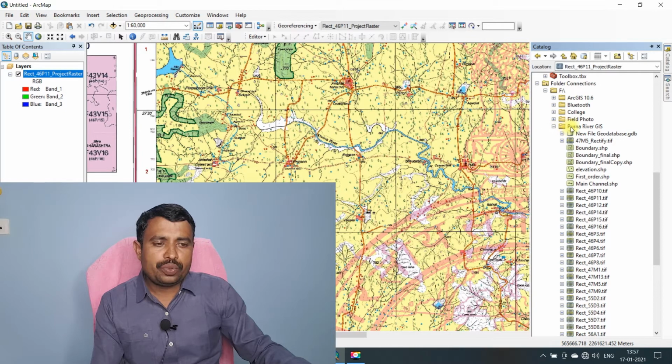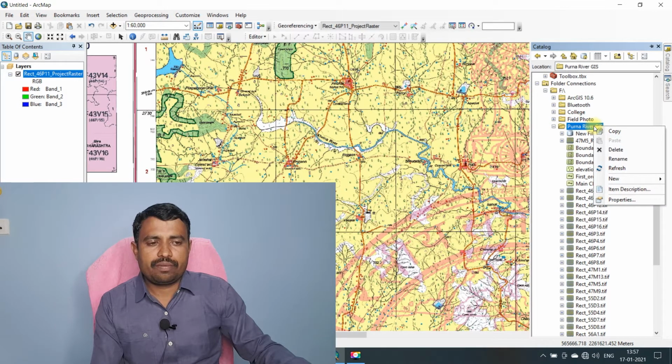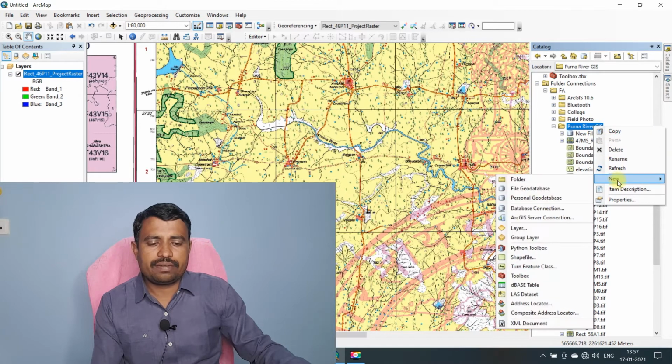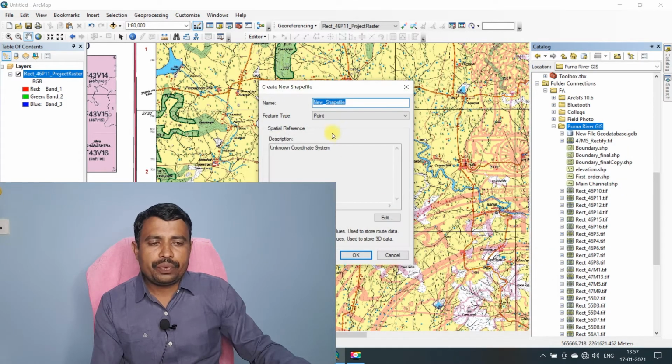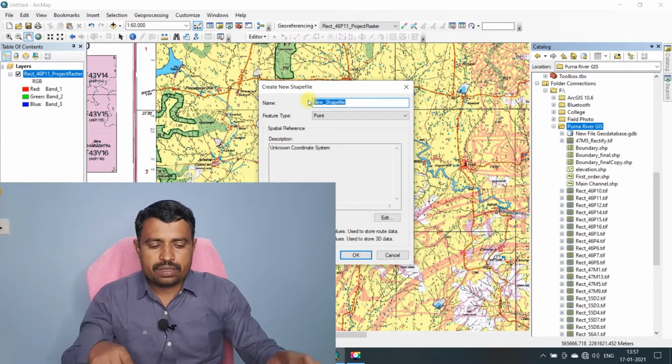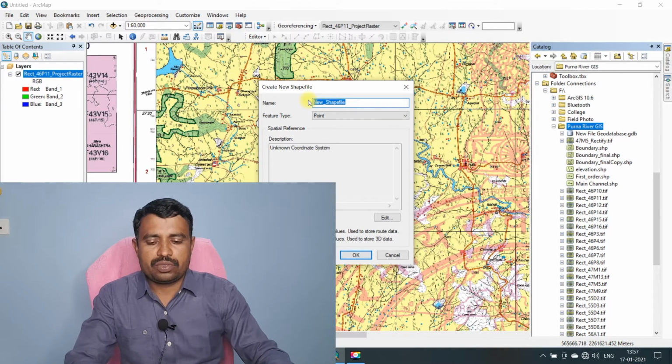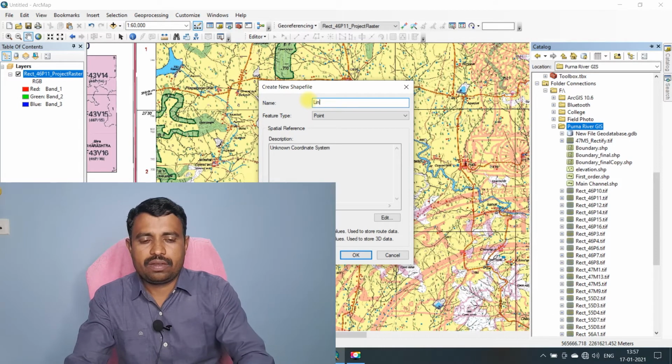Now we have to go into this folder, the Purna River GIS folder, and here go into New Shapefile. Here I will give a particular name, that is linear feature.